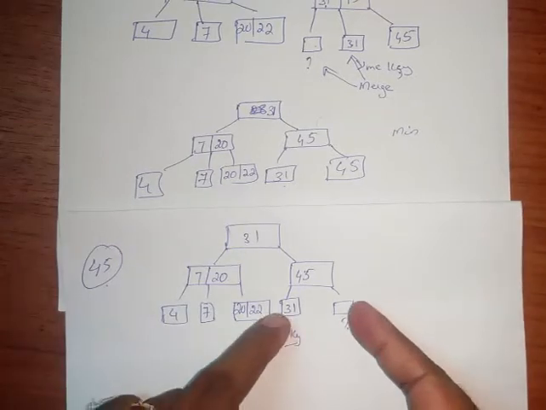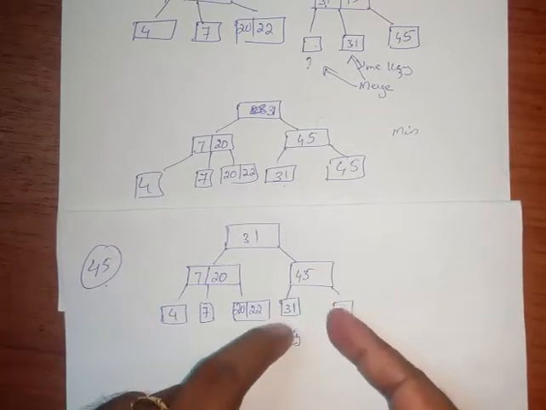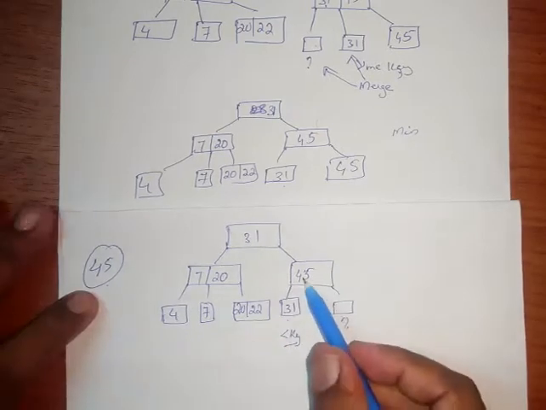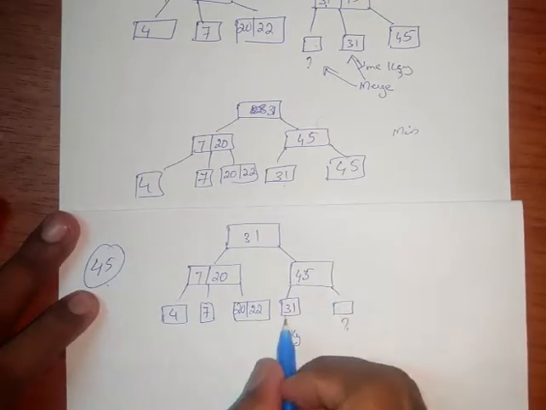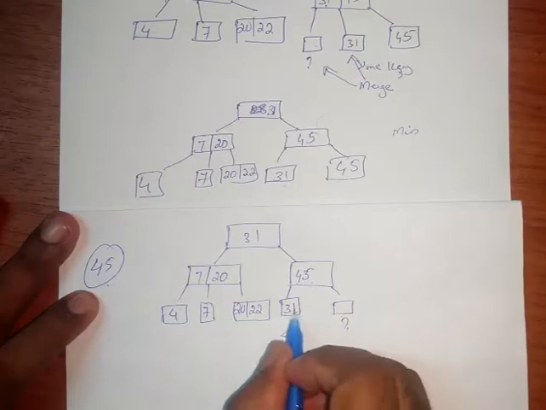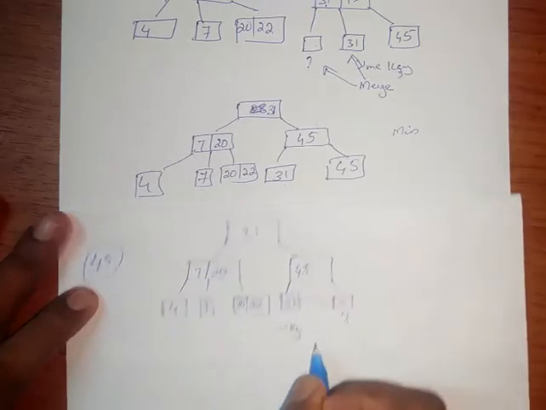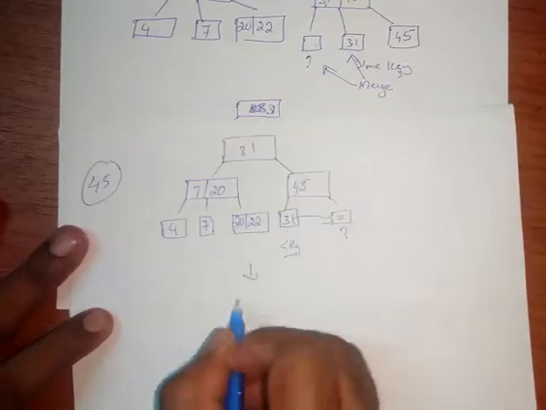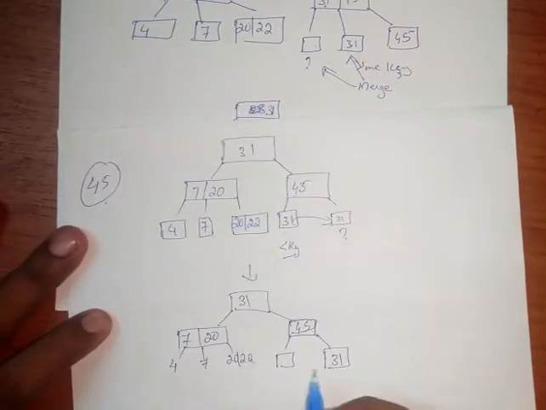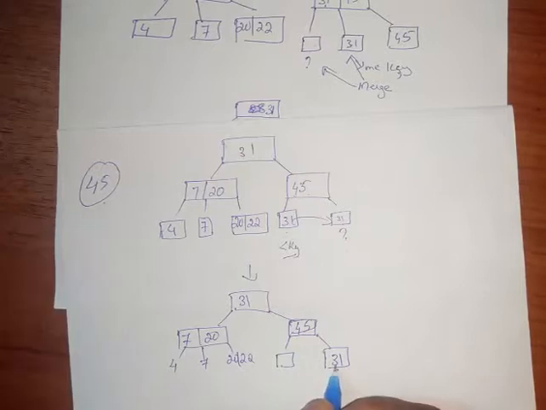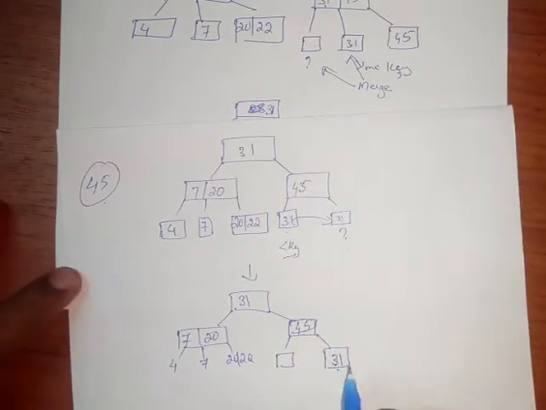When we delete, it becomes less than the minimum number of keys. There is no value to take from 31, the node which contains 31. So we merge the left, the right and 45. We move the element 31 to the right sibling. But there is a case when we have values in the left child and right child. Here we can see the parent contains 45.